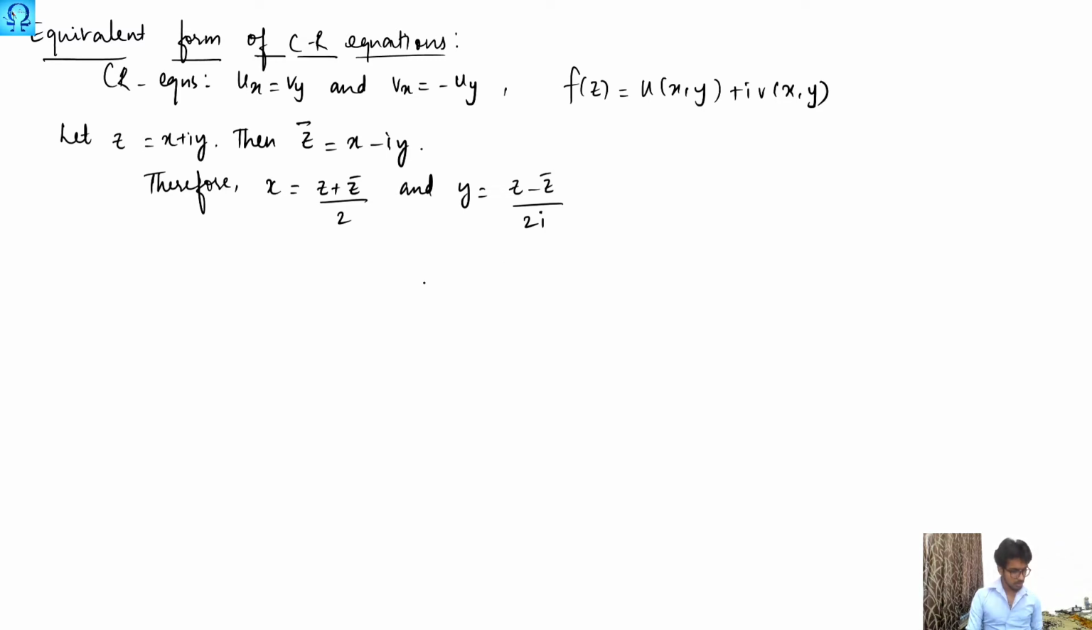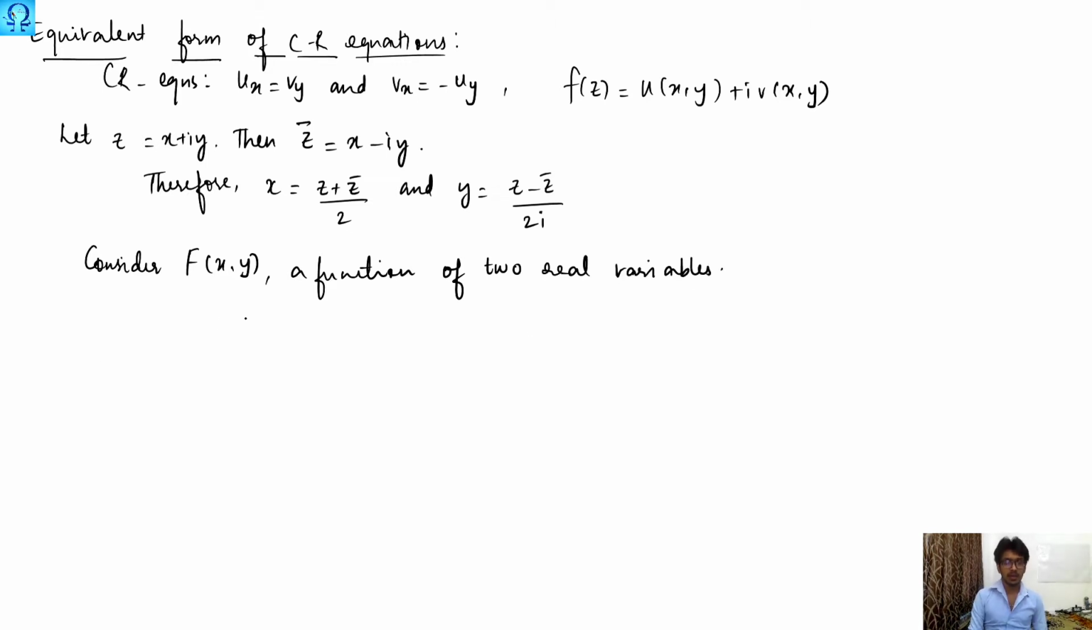Now consider a function big F of x, y. This is a function of two real variables. Here, instead of x, we are going to replace z plus z bar upon 2, and instead of y, we are going to replace z minus z bar upon 2 iota. Now, by chain rule,